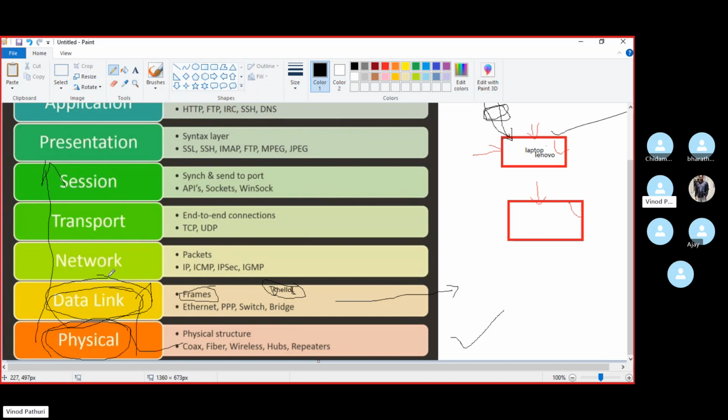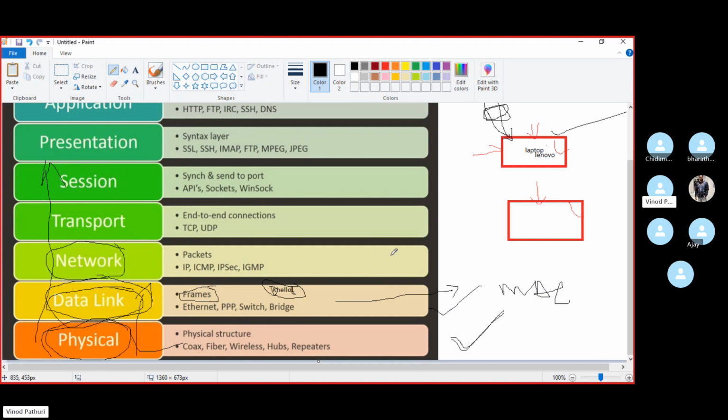You can remember one more thing: in layer 2 we have error detection. The next one is the network layer. Right now the physical layer is a cable, and in the data link layer we use a switch, which operates only with the MAC address.